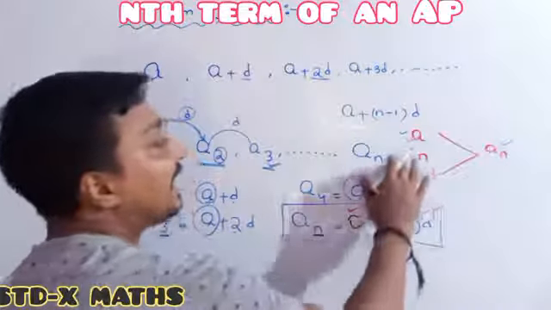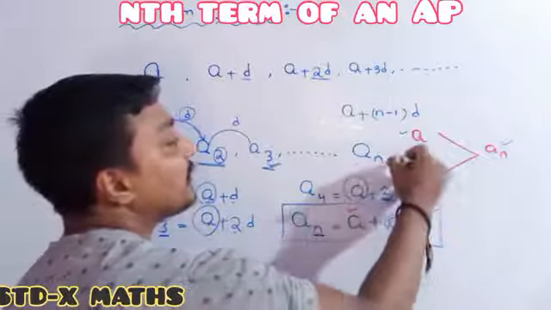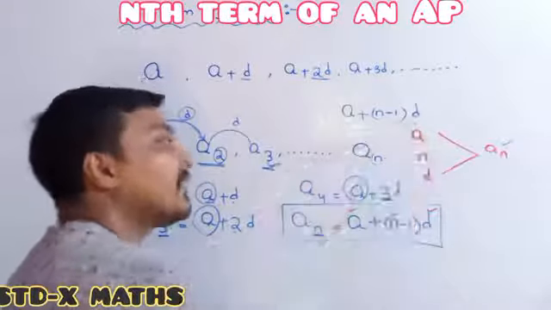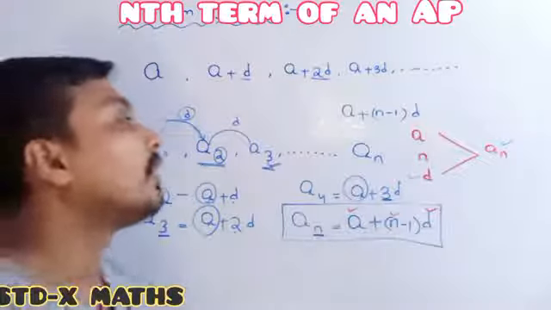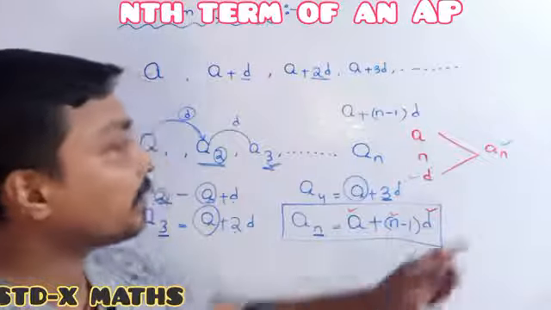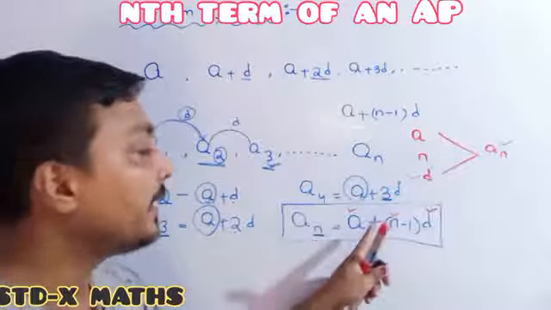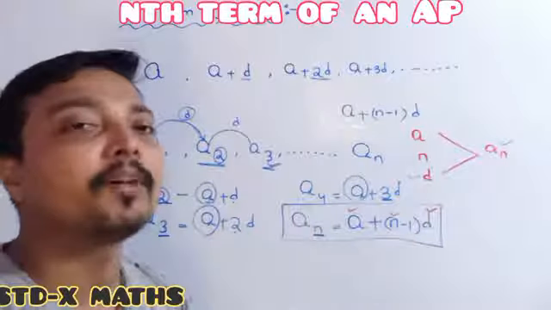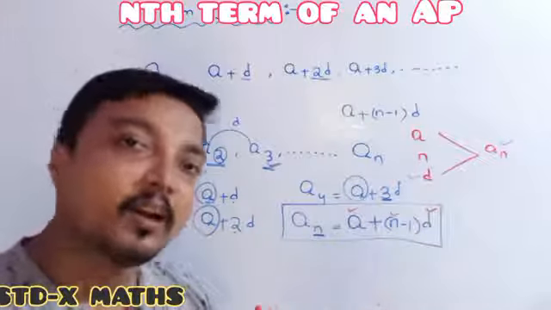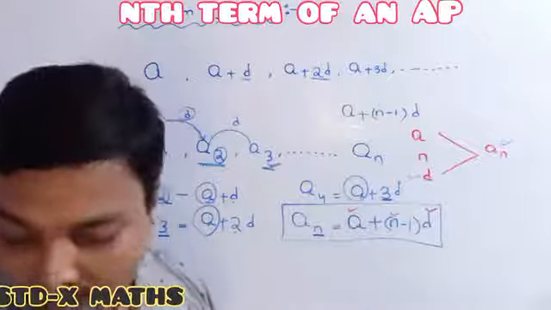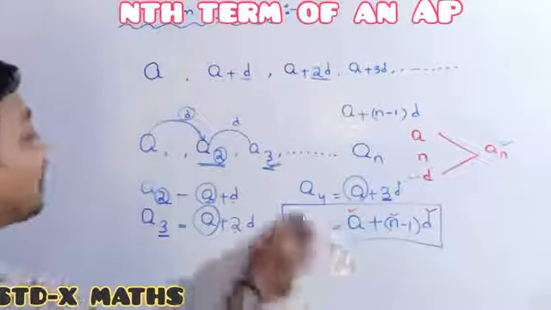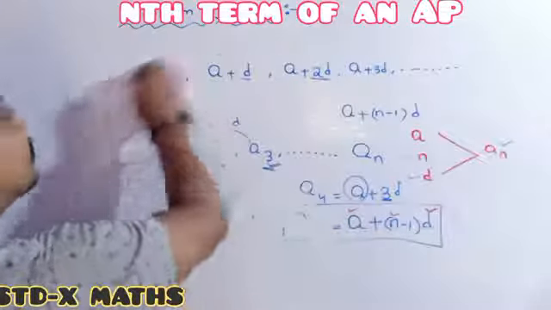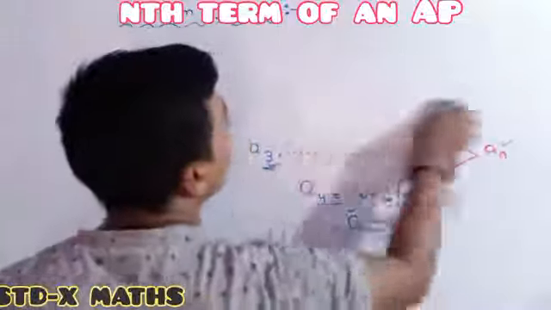Understood perfectly? And another thing, remember, suppose a is not given, the same thing you have to do. The value of n, the value of d, and the value of an, you have to put in this equation. By solving the equation, you can find the value of a. Perfectly understood? Okay. Now I want to tell you a few tricks. You just have to remember the tricks.